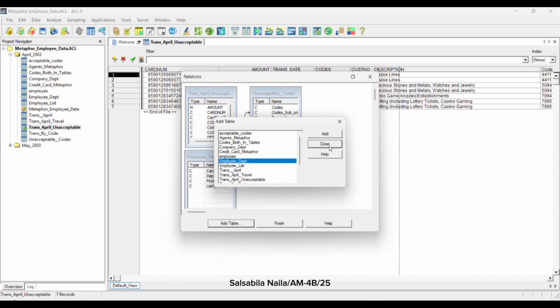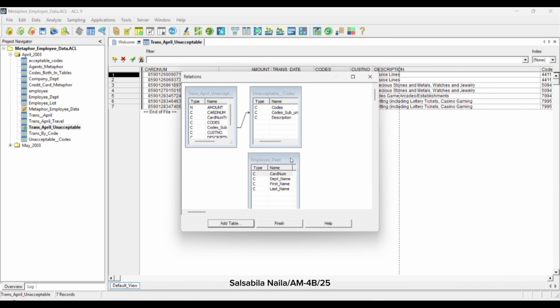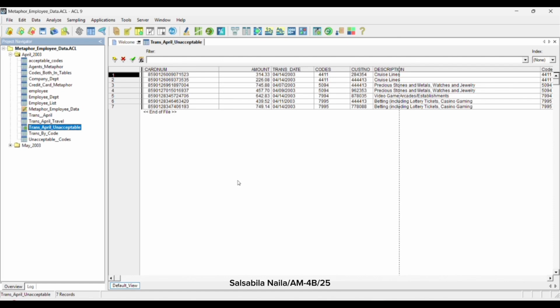Third, we drag the card number from the Employees_Dept table to Card_Number_Trim in the Trans_April_Unacceptable table. And then we click Finish. Now the three tables, which are Trans_April_Unacceptable, Unacceptable_Codes, and Employees_Dept, are related.